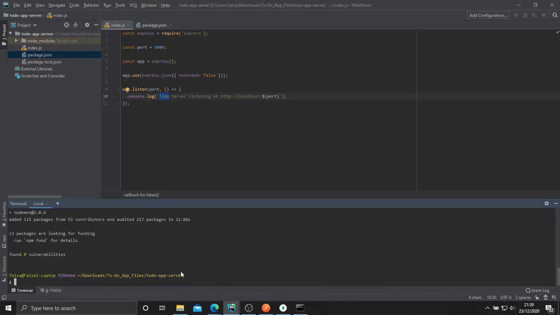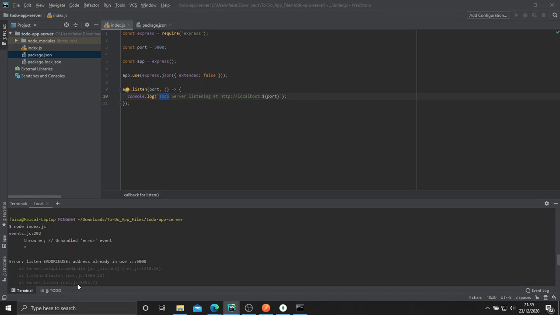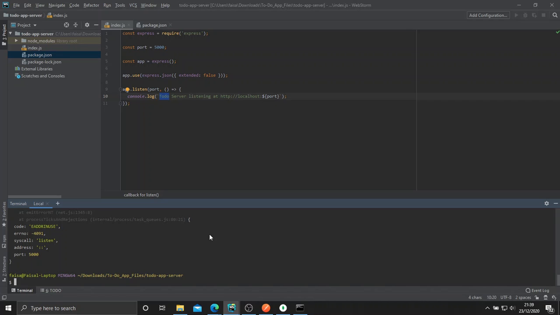So if we did node index.js, okay, let's see what's there. Unhandled error event. Oh, it's already in use, my bad. Let me close the previous one and let's run that again. Node index.js. There we go. So it's up and running, but if we were to click that address, nothing's going to show because we don't